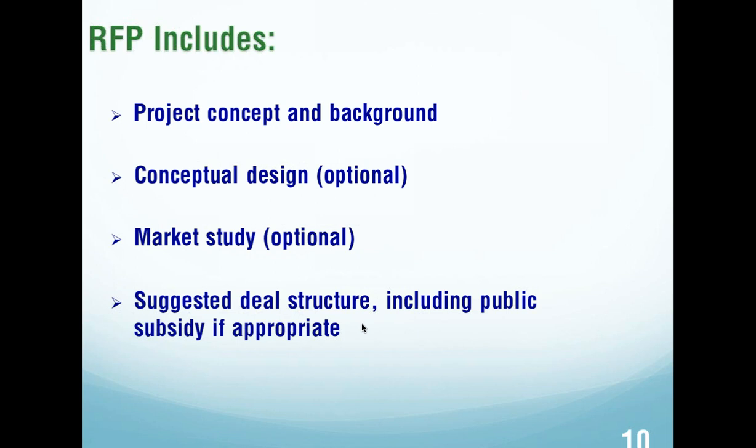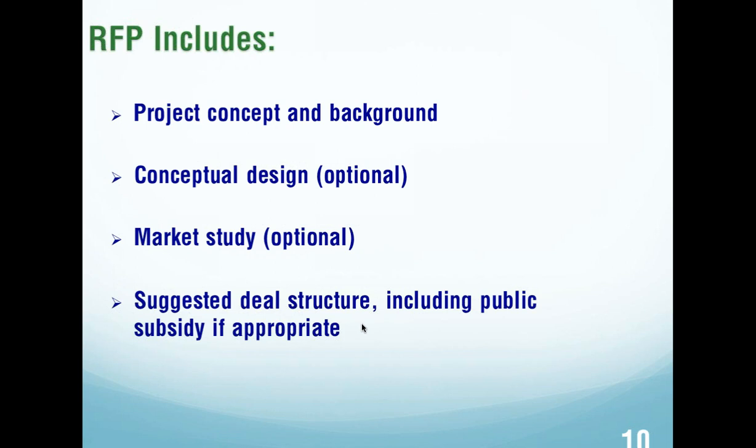It could be a direct public subsidy, or the city or county or public sector may contribute the land. They may contribute some public infrastructure costs. They may contribute a parking garage. Whatever it is, make a list of those possible options, and the things that you're sure of, you can actually say, we are planning to contribute these to the project because we know it buys down the cost for the private sector.